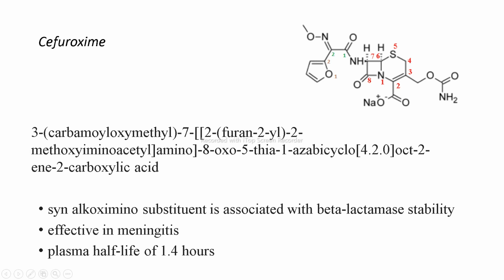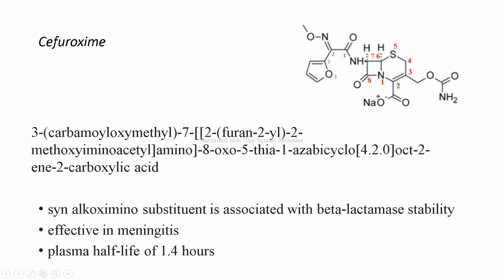So now we'll start with the IUPAC nomenclature. We'll start with the third position of the cefuroxime. So 3 dash. After 3 dash, either you can write amino carbonyl oxymethyl, or you can write carbamoyl oxymethyl. Whatever you write, it is the same. So I will nominate the structure like this: after 3 dash, carbamoyl oxymethyl, right? Then we have to nominate this furan.